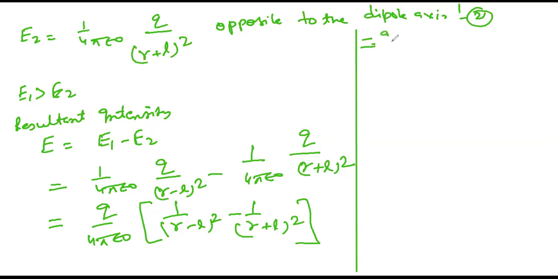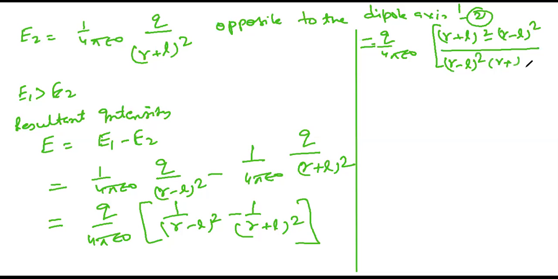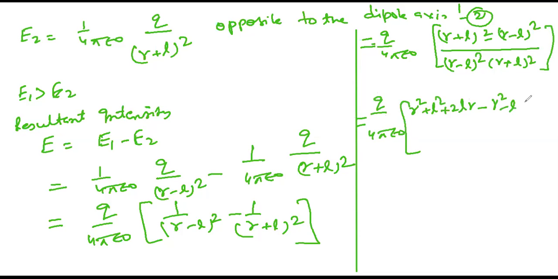this is equal to q divided by 4 pi epsilon naught, into (r plus L) whole square minus (r minus L) whole square, divided by (r minus L) whole square and then (r plus L) whole square. Do you have any kind of problem? Yes. Do you know (a plus b) whole square? Yes. So the same we'll do here also. Open this bracket: a square plus b square plus 2ab minus a square minus b square plus 2ab